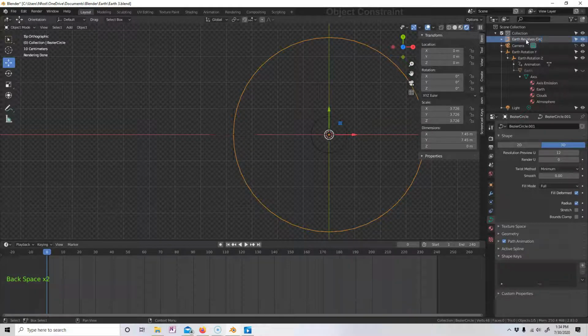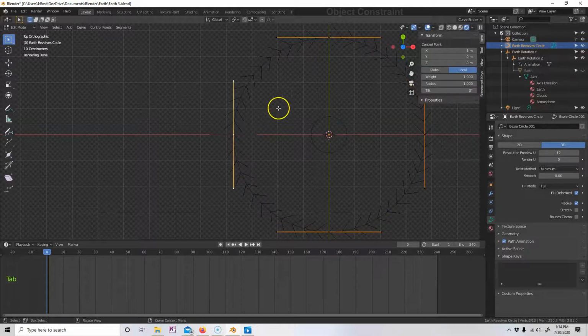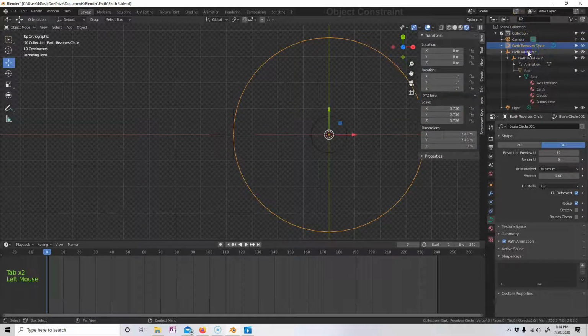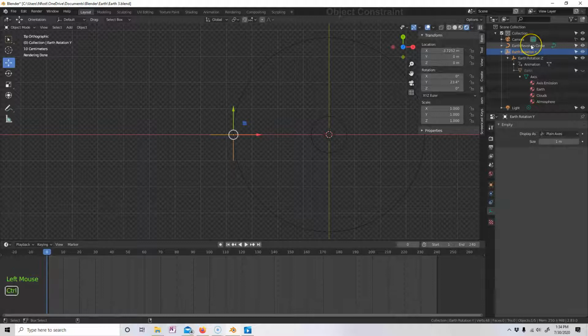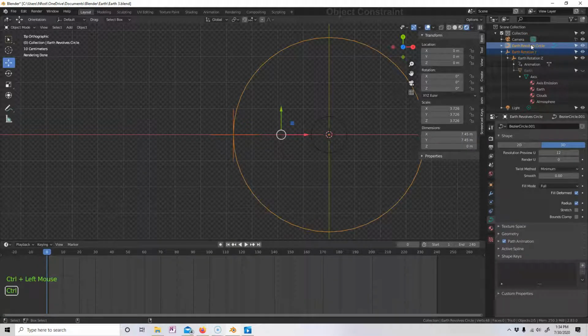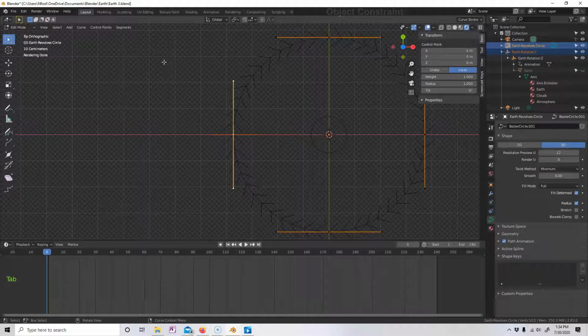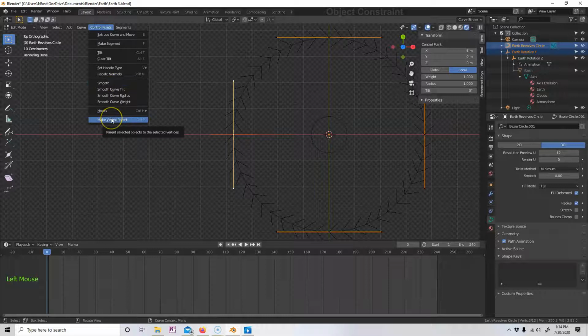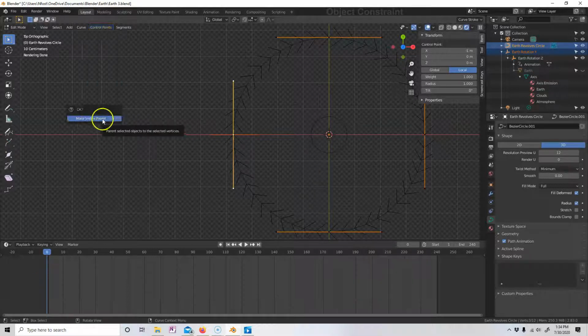Yeah, circle. Alright, so I'm going to take my rotation Y, make it a child of Earth Revolves of my circle, but not of the entire circle, because that's going to have the season problem. Instead, with both of them selected like this, I'm going to go into edit mode by hitting Tab, go to control points, make vertex parent, confirm,